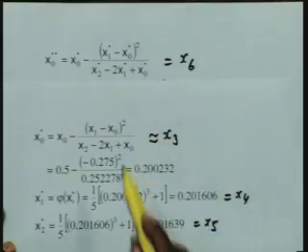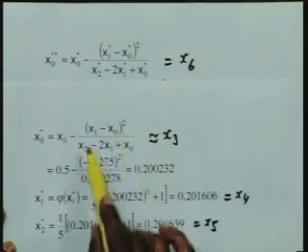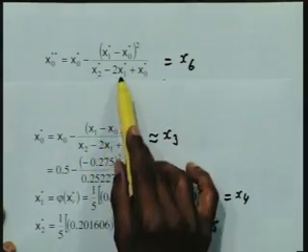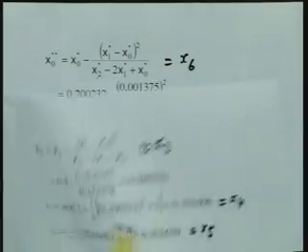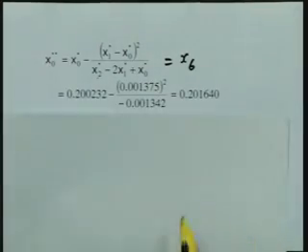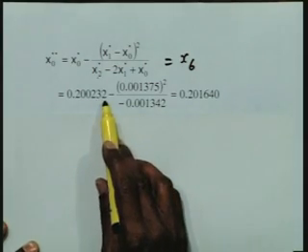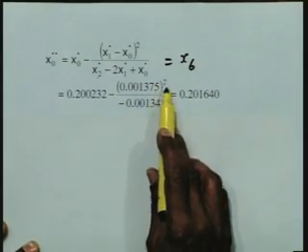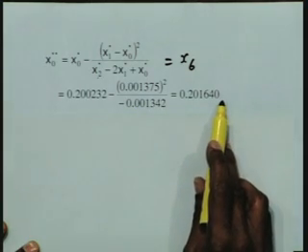Therefore, I have now called this as this, you could as well call it x6. So, next value is x5, x6. So, this will be x0 star minus x1 star minus x0 star squared over x2 star minus twice x1 star plus x0 star, and now we just substitute these 3 values to make the computation. So, I can compute this and get 0.200232 minus (0.201375) whole squared over 0.001342 is equal to this value.